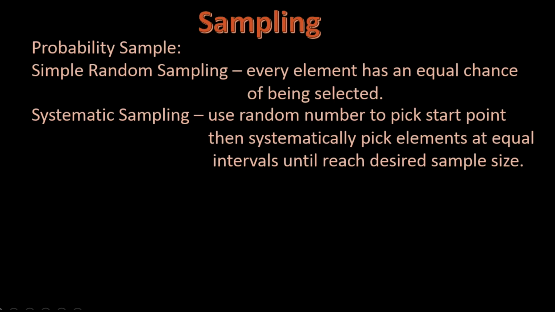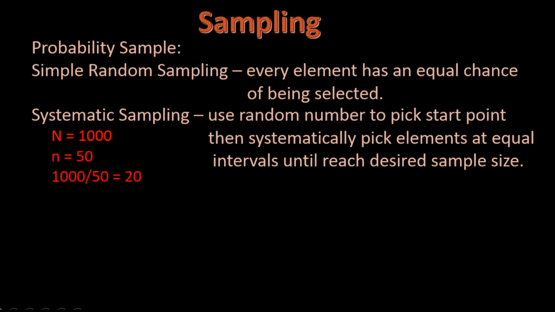In a systematic sample, we use a random number to pick just the first element in the population and then systematically move through the population, picking elements at equal intervals until we have our desired sample size. So let's say we have a population of 1,000 elements and we want a sample size of 50. We would need to sample one element for every 1,000 divided by 50 elements, which is equal to an interval